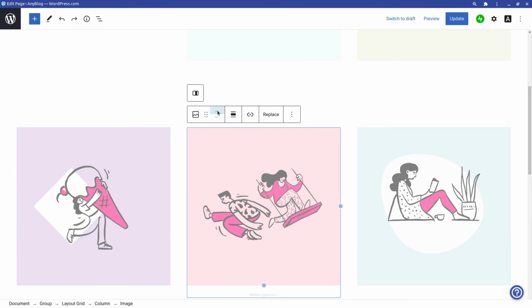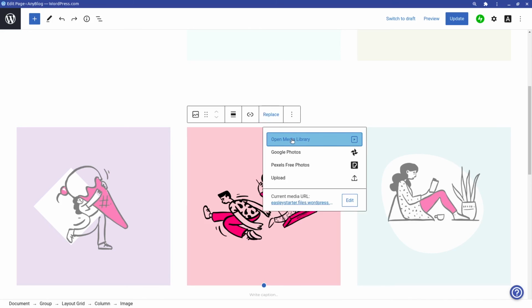So for this one, if you look at this image, I can drag the block, I can move it. Then this one is moving the blocks upward and downward, and because it's in the layout grid, I can move it. And then this one is changing the alignment of the photos, and you can insert a link to make this a hyperlink, and this is like a link to another place, another website or another page. And you can replace this image from the media library or from Google Photos or from Openverse, or upload.